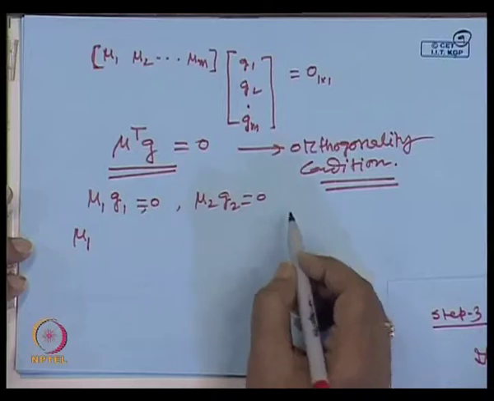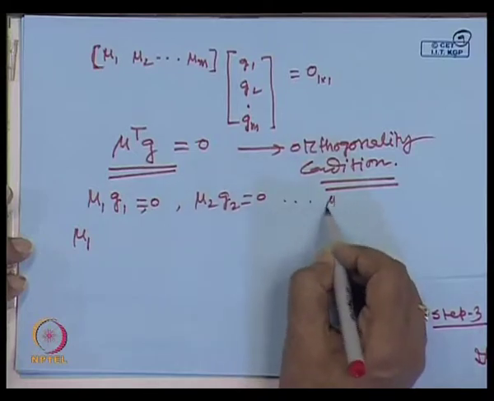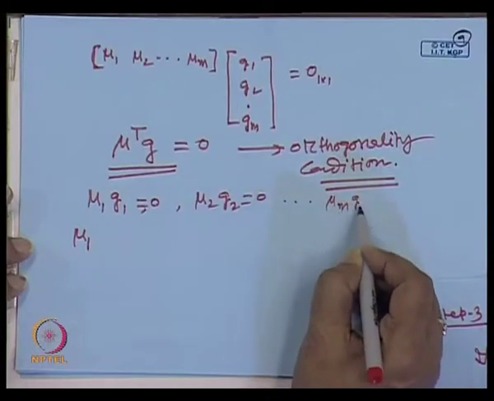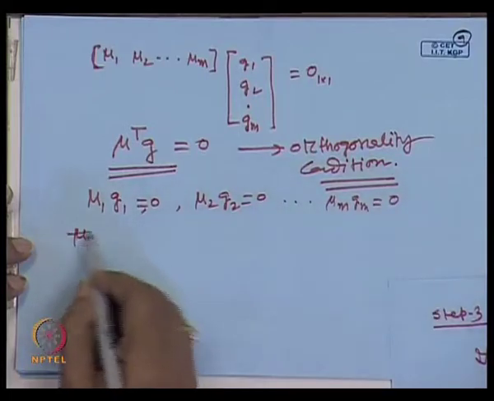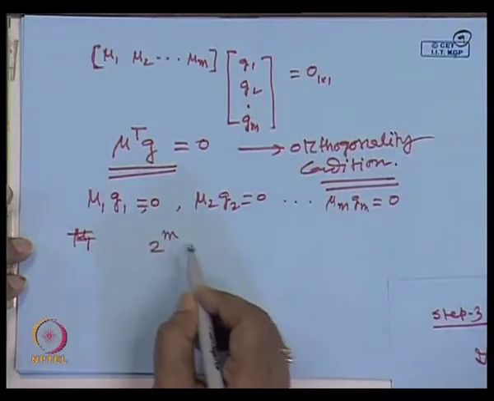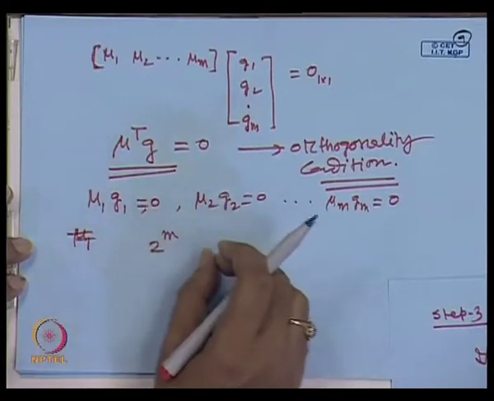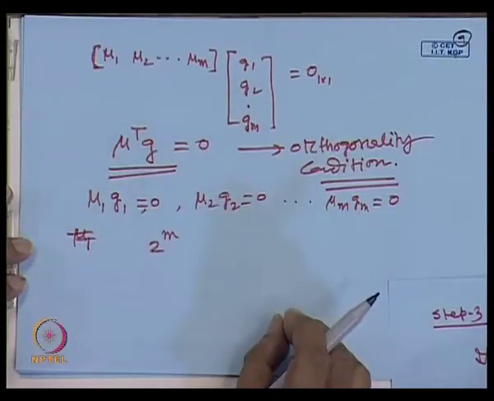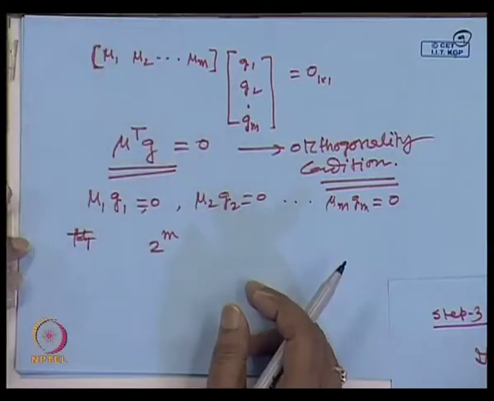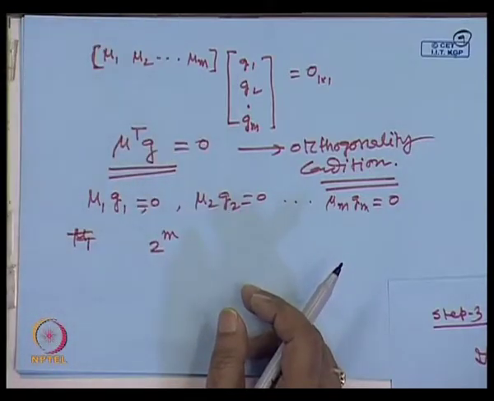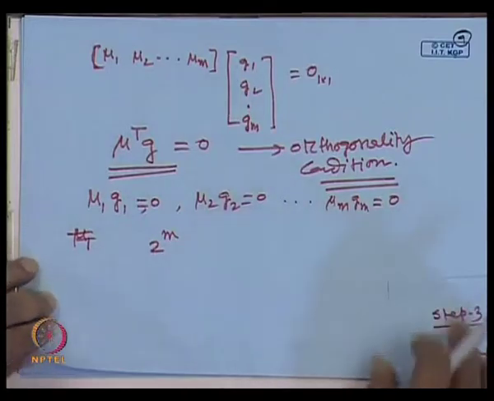So if you have such m conditions, in turn we will get 2 to the power of m cases while we will solve the necessary conditions problems. Okay. So next, the last one, is step 5,